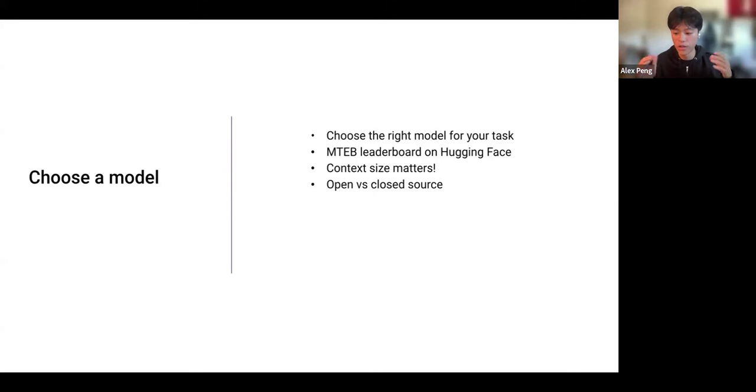But really, you're going to want to focus on choosing the right model for your specific task, right? And your task could be any number of things. If it's RAG, your task is usually some sort of semantic similarity. And that just means finding chunks of text in your body of documents that are semantically similar to your user's query. Or your task could also be actually taking a list of retrieved documents that an embedding model has